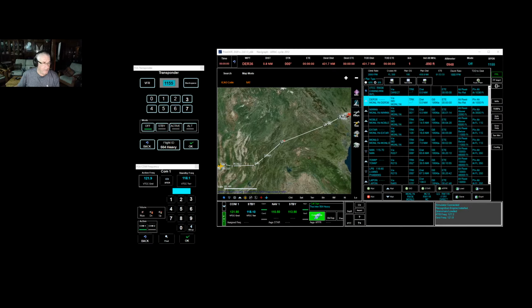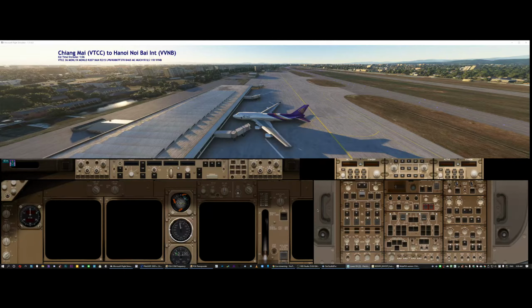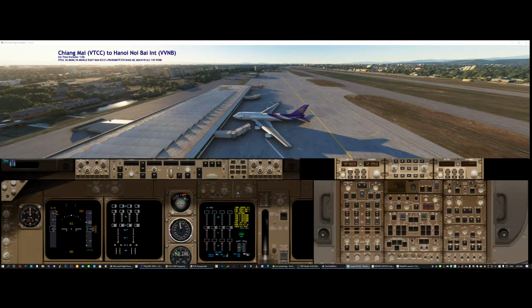So let me go back to the main screen, and that's where we'll probably stay for the rest of this video. So let's go ahead, and as I say, I'm no particular expert at this, but let's see what happens. I'm going to go to the overhead, and I'm going to turn on the battery, standby power, and I need to pull up